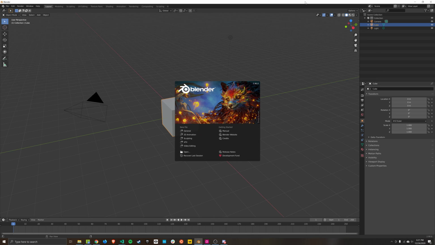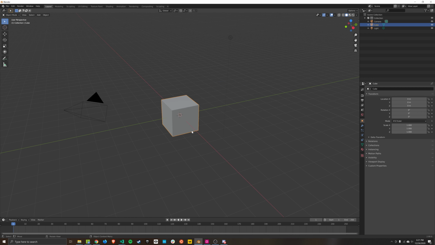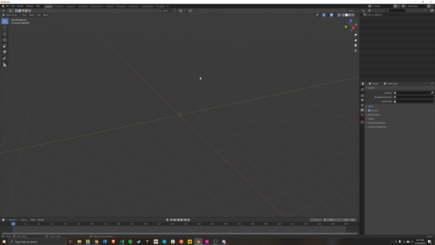So once you've got Blender running, you'll get a welcome screen like this with the option to create a new file. Let's do that. We'll create a new file with the general setting here, and that'll just give us a nice scene with a few starter objects like a cube and a camera and a light, which we need none of. So we can delete all that by right-clicking on the collection here and then select delete hierarchy. That will clear out everything under that collection and leave us with an empty scene